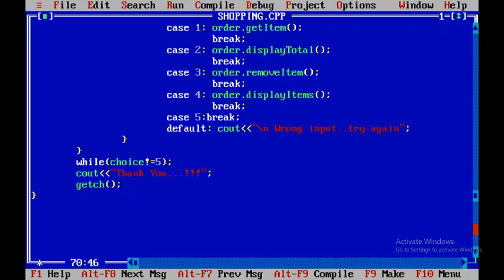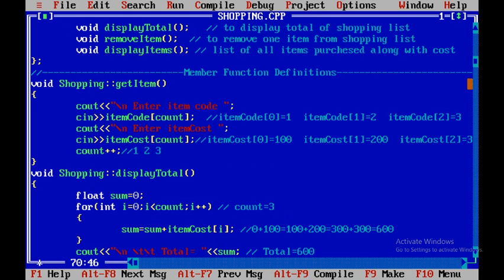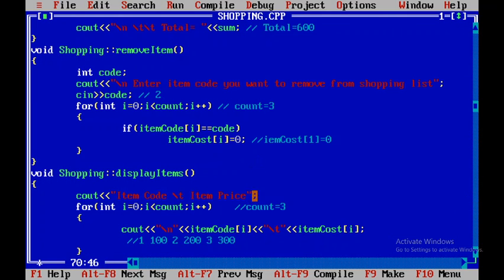So it will execute case 4 with display all atoms. In display all atoms it will execute the procedure for displaying atoms. One more time it will execute the for loop. The count is still 3 because we have not actually removed the atom, we have simply made its cost 0.